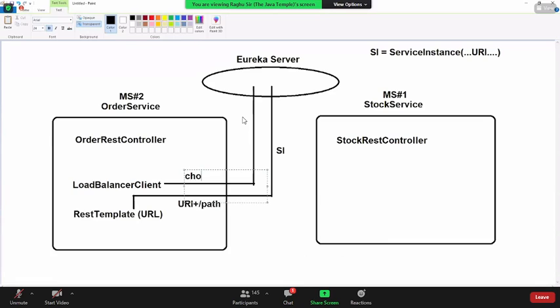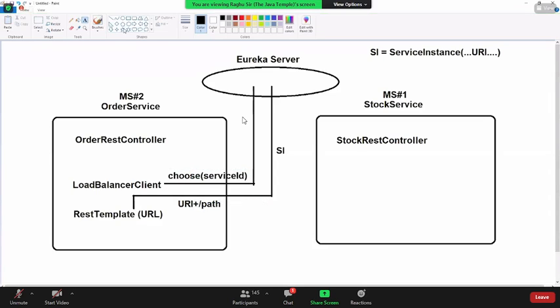You just call a method called choose and pass the service ID. If you pass the service ID here, that will go to Eureka server. It asks Eureka, please give me an instance that has less load factor. 3 instances are there, right? I don't want the same instance every time, only the one that is serving fewer users.